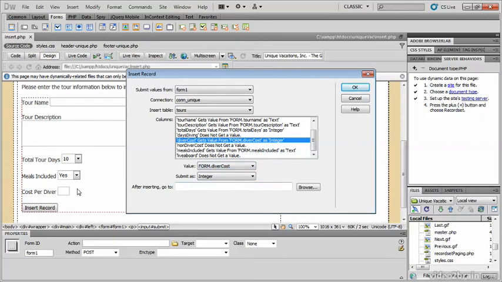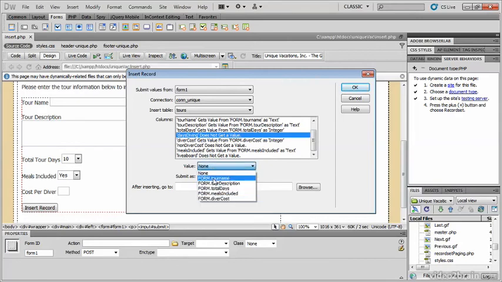What I'm talking about matching is the form field information matching up with the database information. And Dreamweaver matches them up automatically if you name your form fields the same name as your database. If you don't, then this is how you match them up. And this doesn't get a value, so I'll come back to saying none. But days diving, that's the name of my form field, or let's assume it is, what I would do is set it up to match whatever form field. These are all of the form fields in my form. So I just match the two up, so you don't have to name them the same. I just did it so Dreamweaver would match them up.